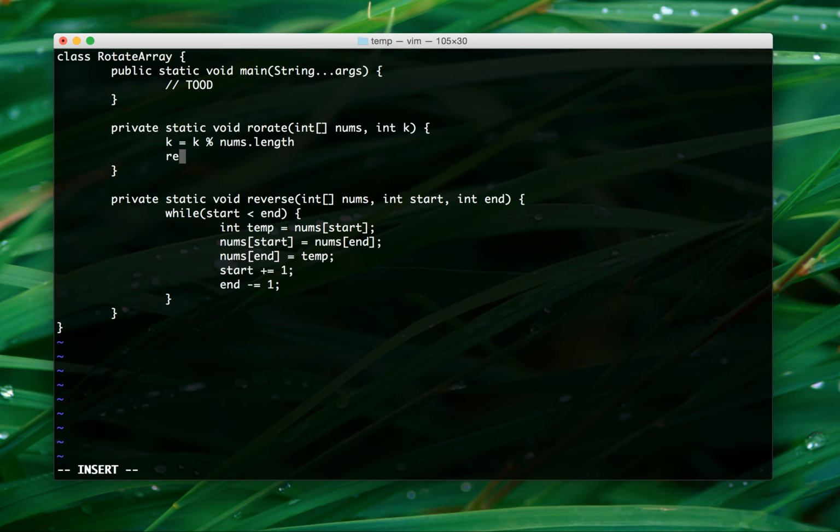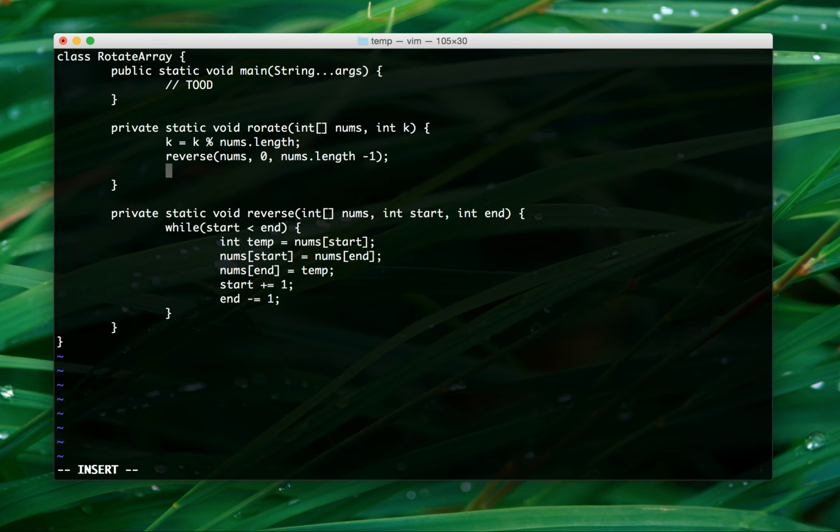And all I'm doing next is calling reverse 3 times. One for all the elements, nums dot length, all the elements in the array. I'm doing that. I need a semicolon in Java. And then next I need to do it for